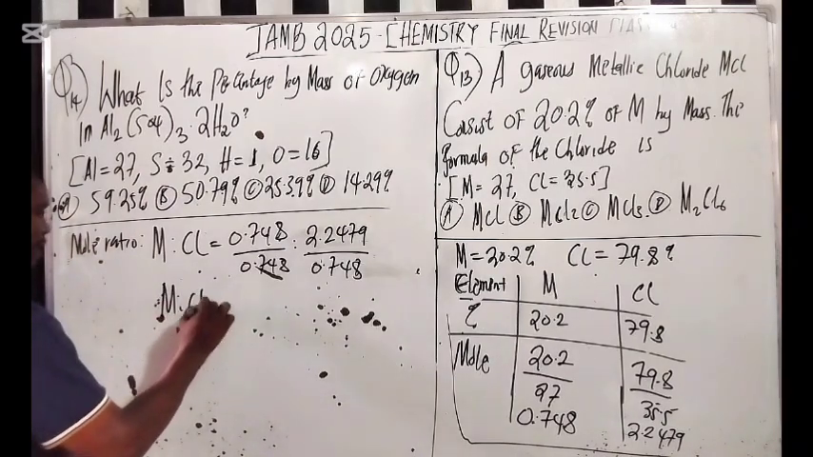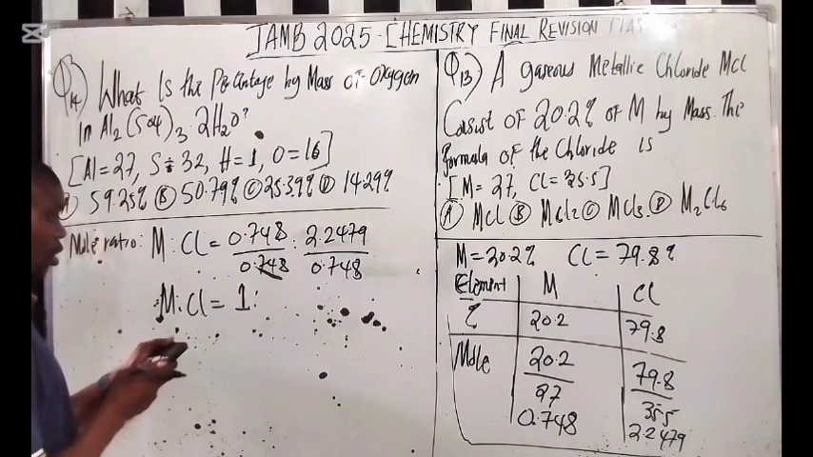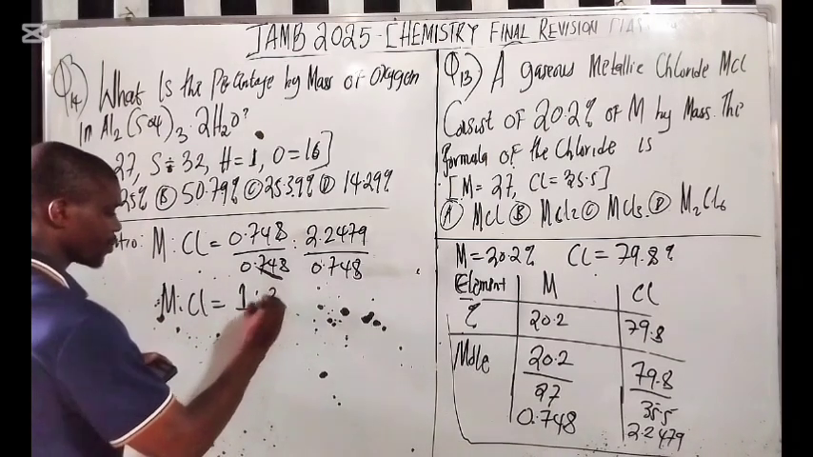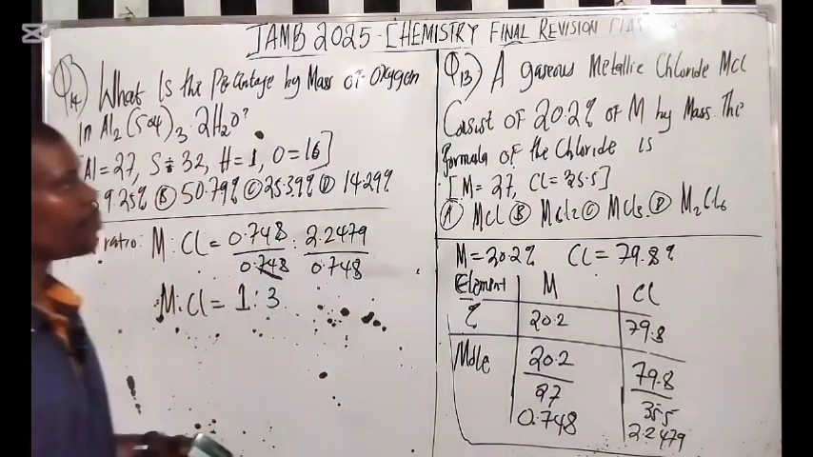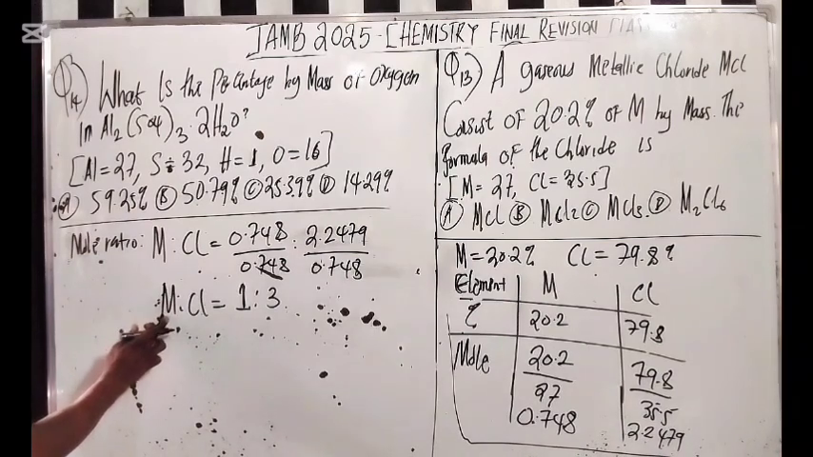So it's going to be what? M ratio chlorine is what? 1 ratio, right? So you have 2.2479 divided by 0.748. So you have what? 3. It's okay. So that is my formula here. So they're asking what is the formula here. My formula is going to be what? Now M is what? 1. So you can see that